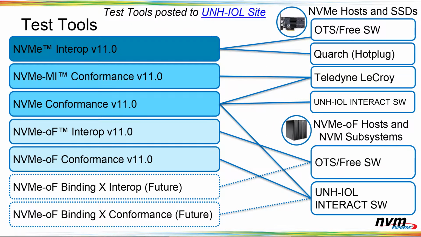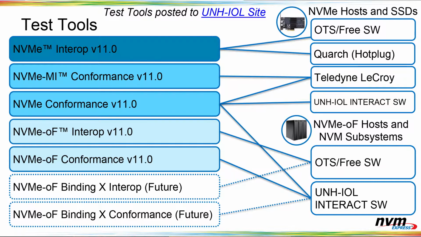Then there's the test tools. And similarly, if you're working on an SSD product that's connected over PCIe, you might care about different tools than if you're working with a fabrics product. So for the SSDs, we have the NVMe Interop. We test with some open source software. A lot of times we use VDBench for just generating I/O on Interop. We also use the Quark tool, if you're familiar with it, for doing some hot plug tests that'll test SSD